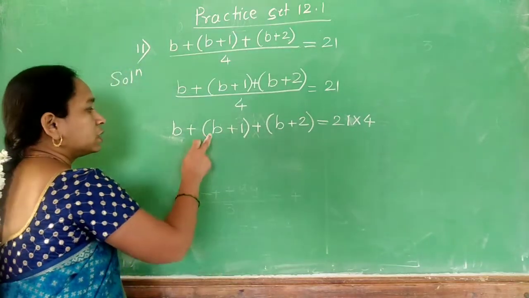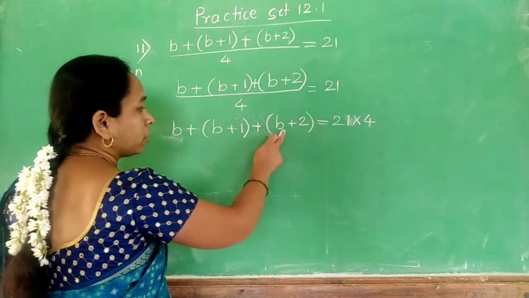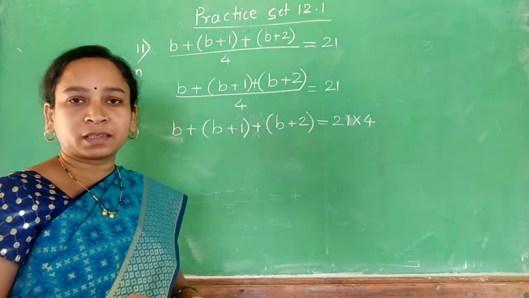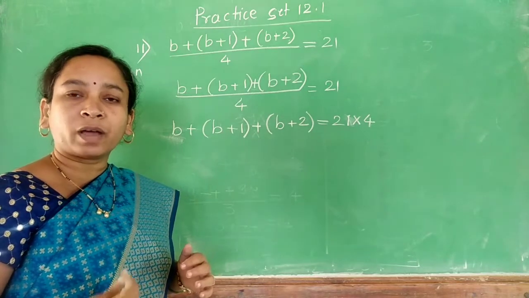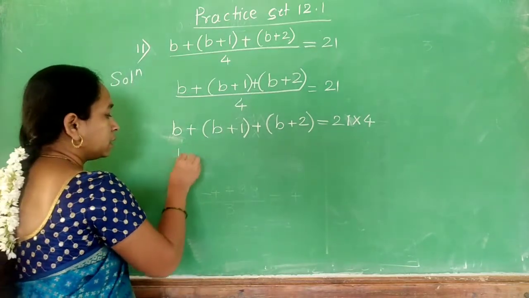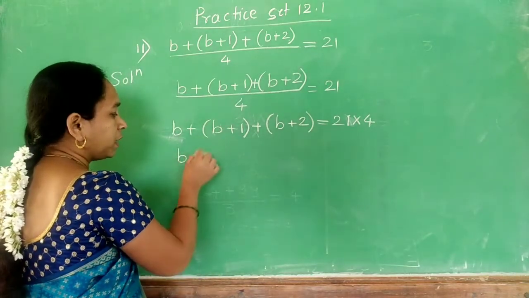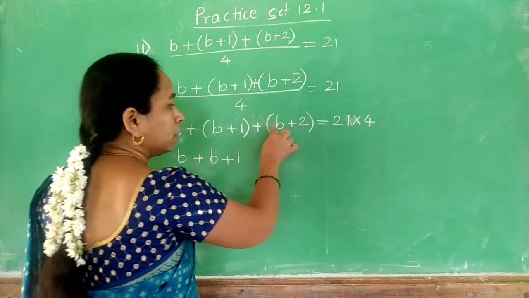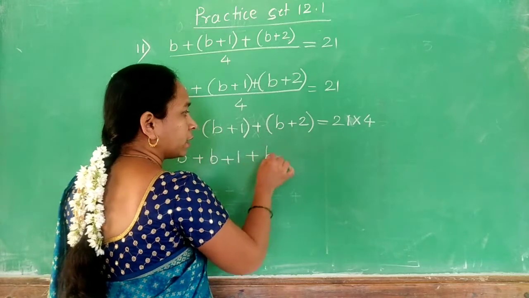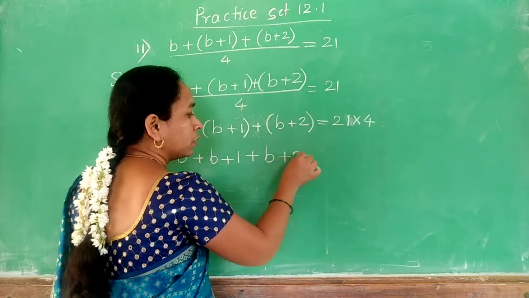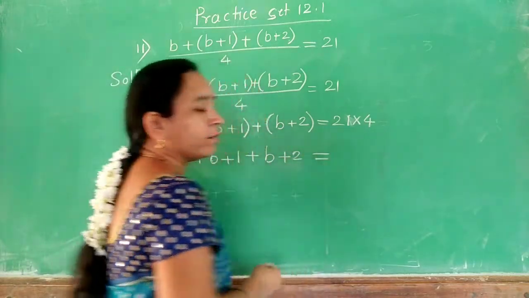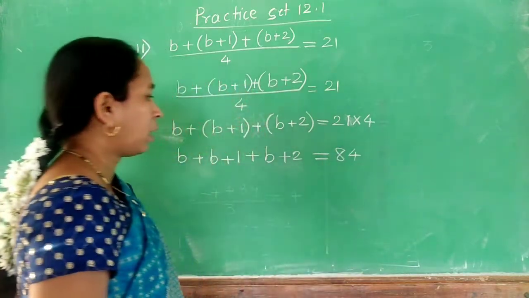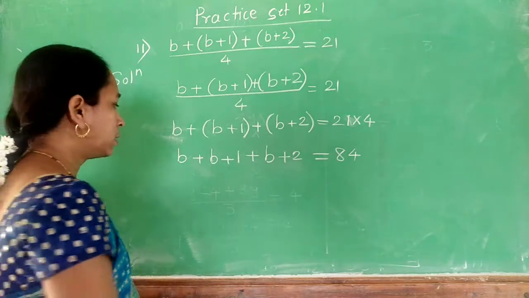So here there is a plus sign before the bracket, here also a plus sign is before the bracket. So these terms will be as they are. So we'll take them out as they are. So b as it is. This b I will write here, plus b, here plus 1 I took it here. This plus b, again I will take it outside, here plus 2, and on this side I have to multiply. The multiplication would be 84. I hope you have understood this step.